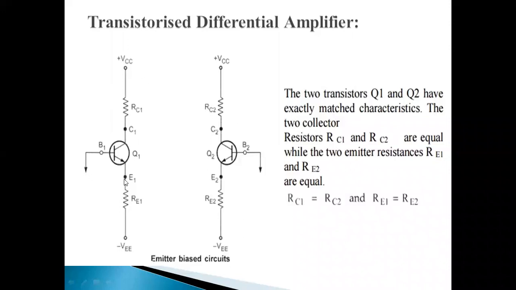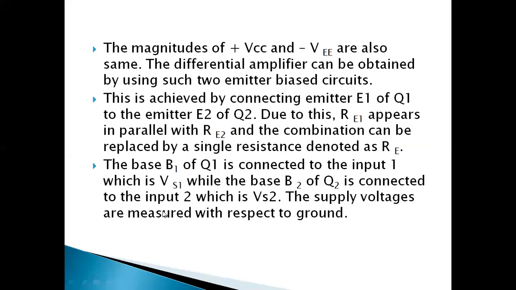Okay, the first rule is that the transistors must be the same, that is, these two transistors must have the same or matched characteristics. Next, the collector resistances and emitter resistances should be equal. And the third rule is that the magnitudes of the DC voltages, VCC and VE, must also be the same. So we have to follow these rules. And next,